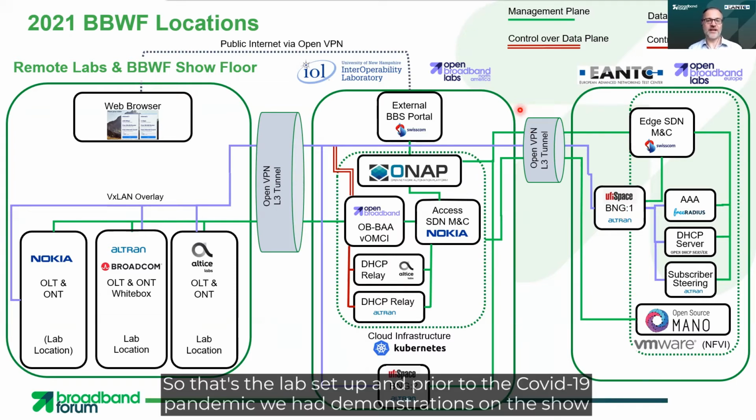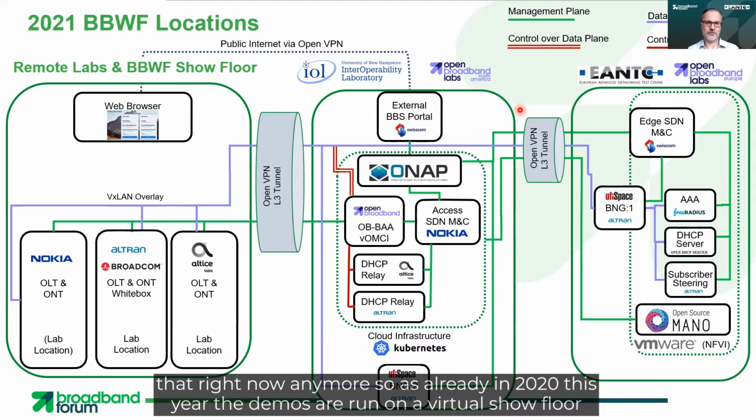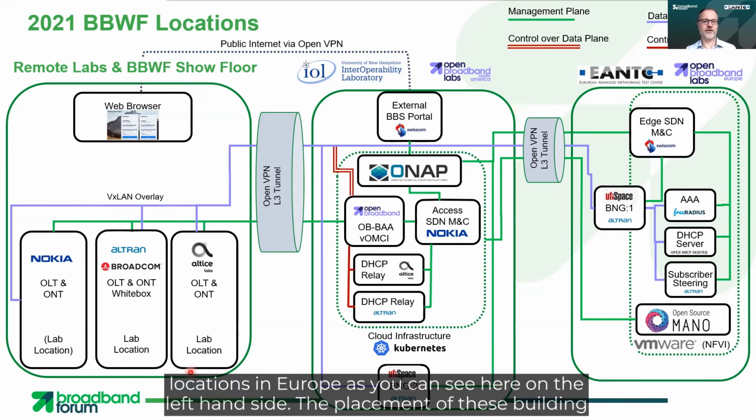So that's the lab setup. And prior to the COVID-19 pandemic, we had demonstrations on the show floor of the Broadband World Forum that housed the access and premises equipment. However, we can't do that right now anymore. So as already in 2020, this year, the demos are run on a virtual show floor, which is actually located at the participating vendors' labs in India, in North America, and various locations in Europe, as you can see here